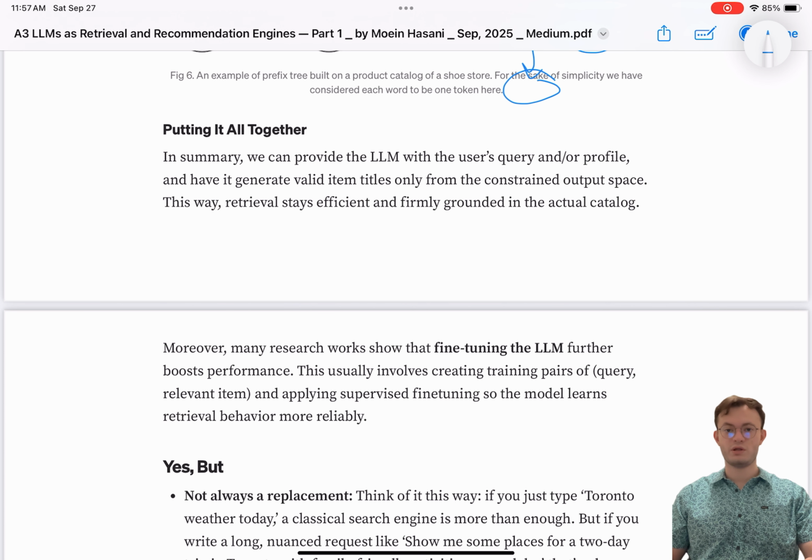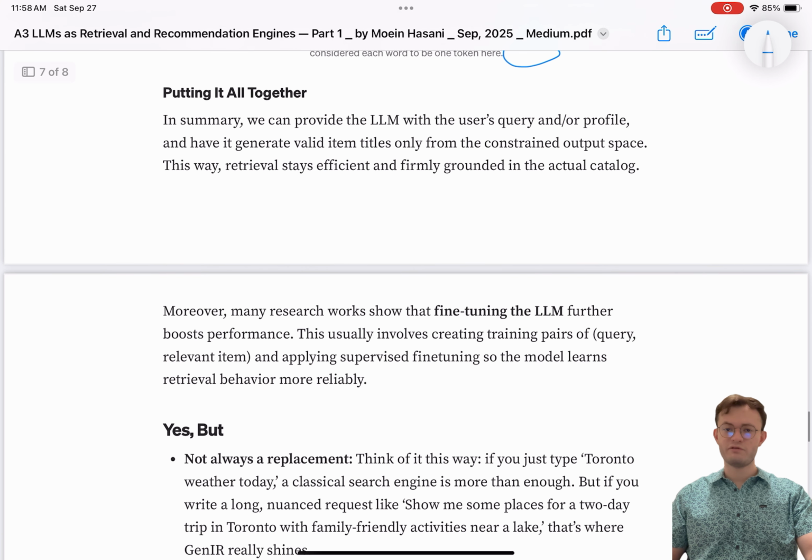And using constraint generation, you make sure the items are always valid. The LLM doesn't hallucinate anything. And fine-tuning the LLM can definitely improve this process, especially if you're using semantic IDs. If you fine-tune the LLM, it will slowly see all the items in your database, or at least a good portion of them. Then when it starts doing generations, it has a better idea of what actually exists, and the token probabilities for existing items also increase.